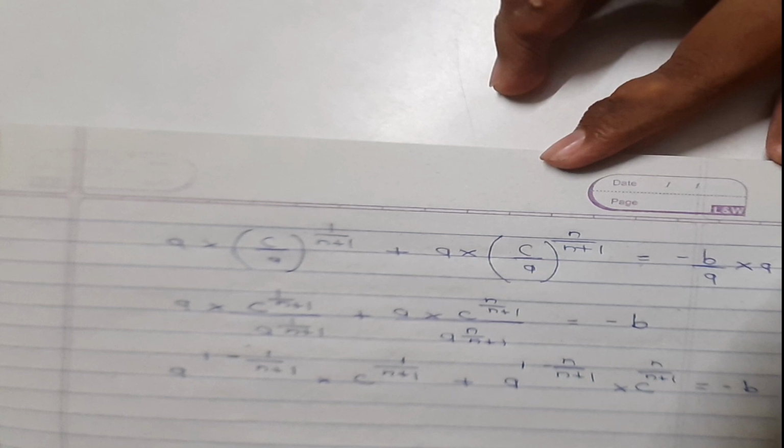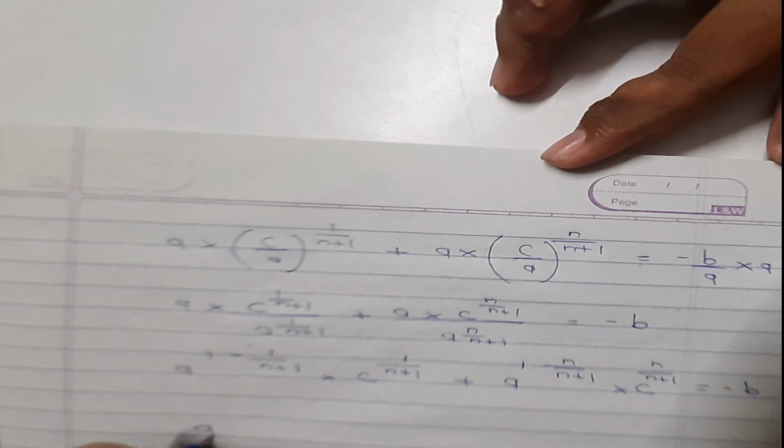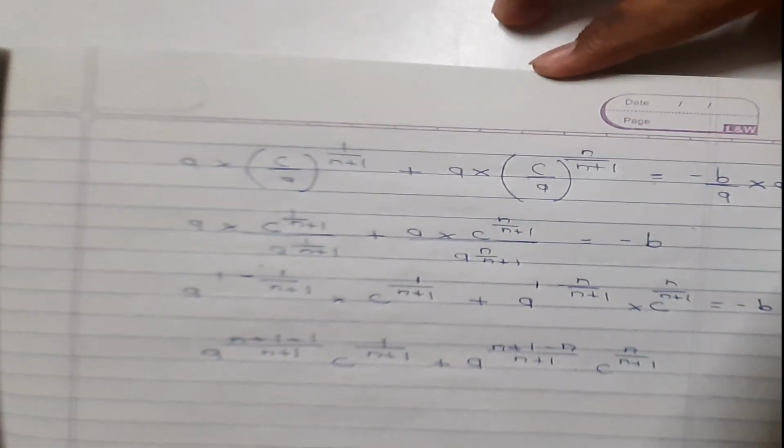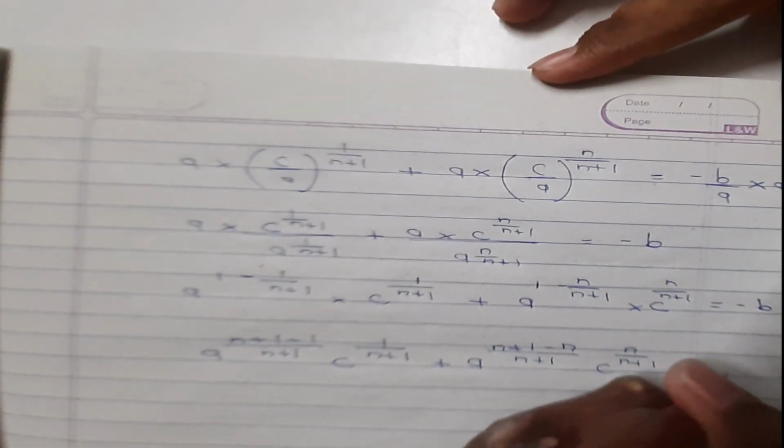Now by solving this equation, we get a^((n+1-1)/(n+1)) c^(1/(n+1)) plus a^((n+1-n)/(n+1)) c^(n/(n+1)) equal to minus b,